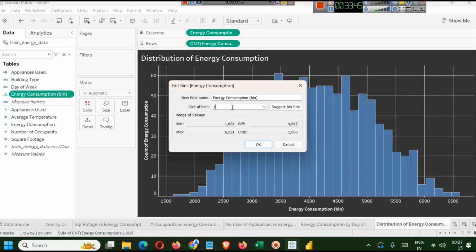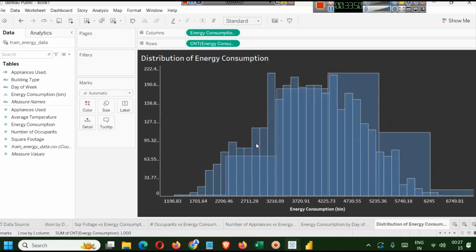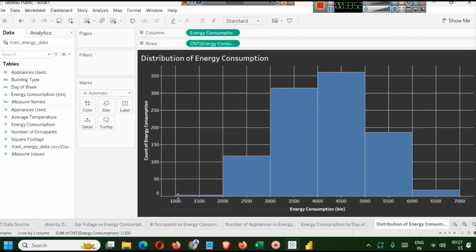Let's say we want to make the size 1 kilowatt, 1000 watts each. So it is from 1000 to 2000, 2000 to 3000, 3000 to 4000. You can see most values are in the range of 4 to